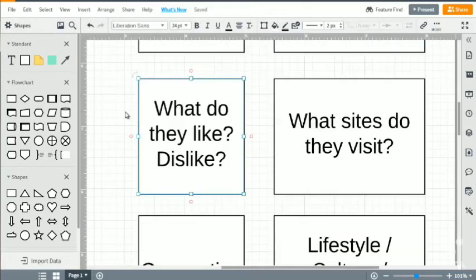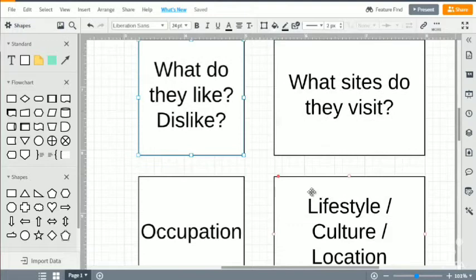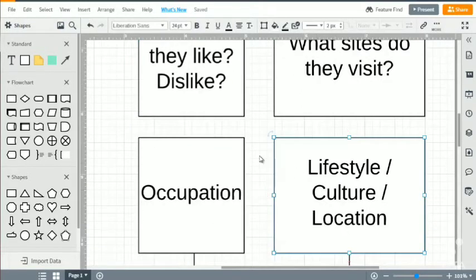What do they like? What do they dislike? What does their lifestyle look like when they wake up? What do they do? Do they have a family? Do they have a wife? Do they have a husband? Do they have a spouse? Do they have a loved one? Do they have kids? Do they have kids that have gotten out of the house? When do they normally wake up? Do they have a day job? Are they retired? So you need to start creating this picture.